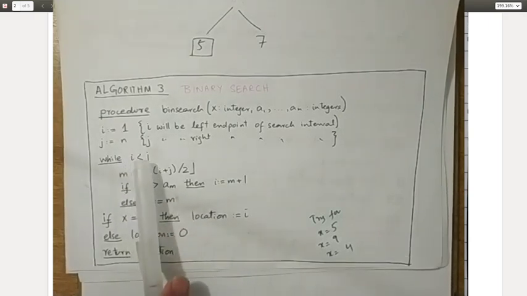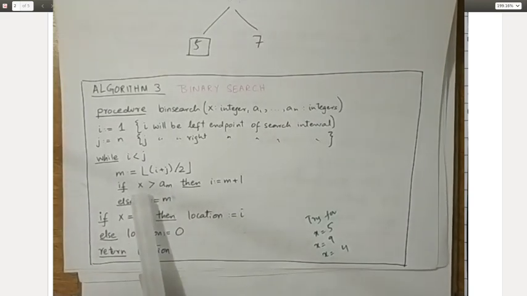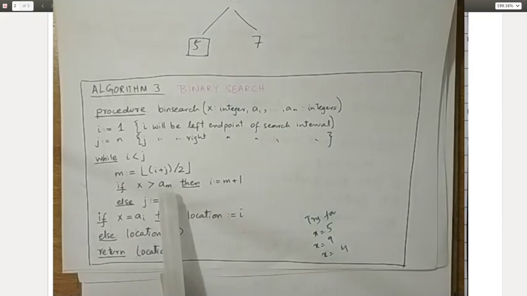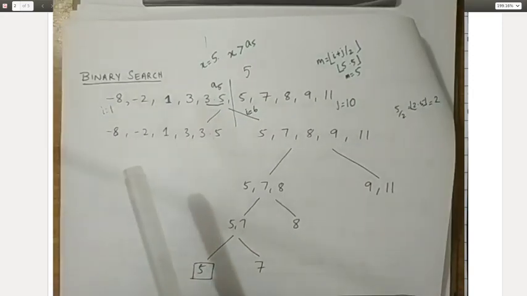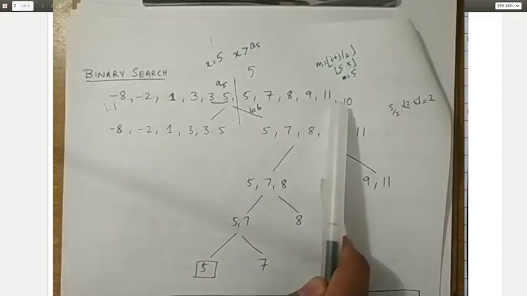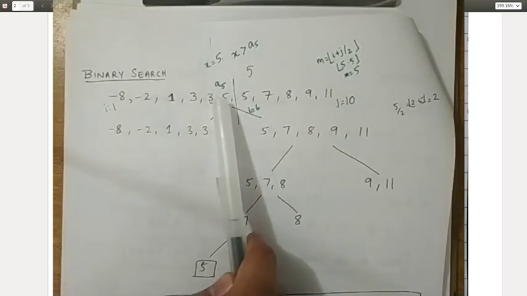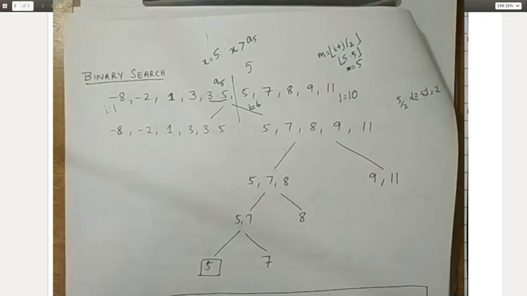We are checking whether i is less than or equal to j, and we're also checking whether your current element is greater than or smaller than your middle element, right? So if you recall, this is something that we did. We were going through this list. This was the first element, this was the last element, and we were checking how it compared to the middle element. So if we look at the algorithm in detail,